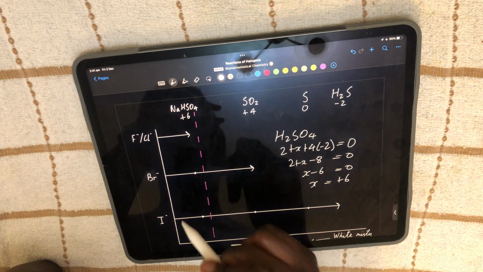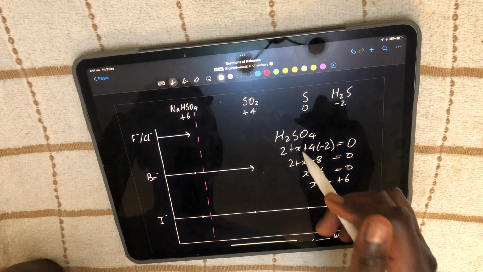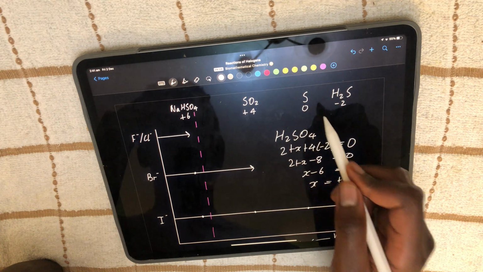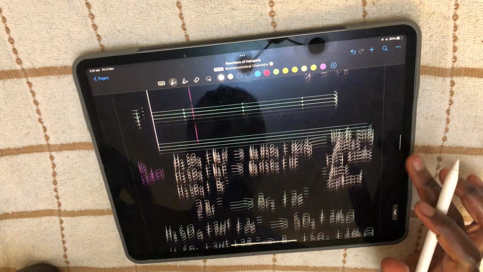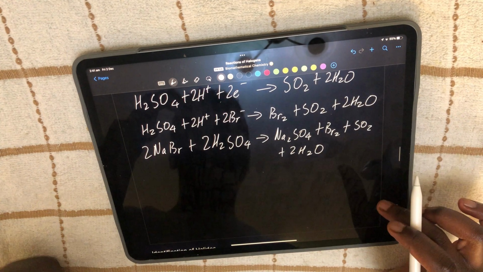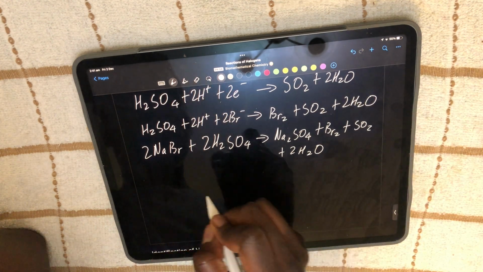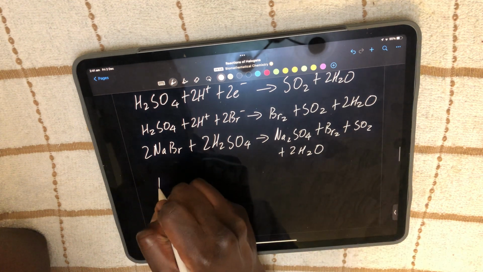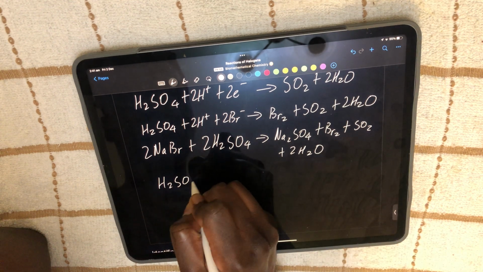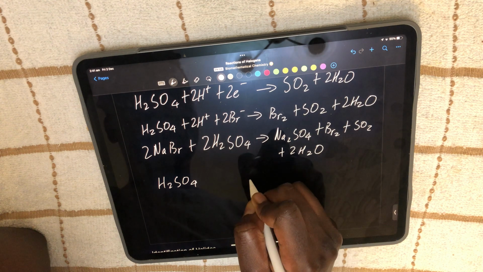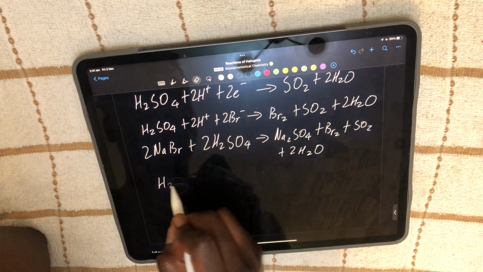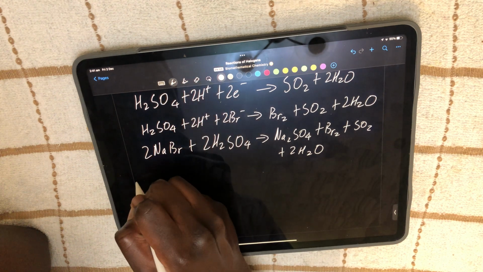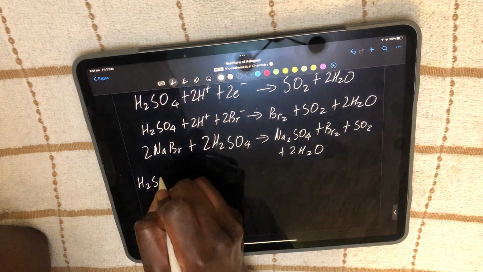Do the reaction between I minus and H2SO4 to form first sulfur and the other one H2S. Right, I'm going to assume that you've done that by now. So if I'm forming just sulfur, H2SO4, and I'm forming, I feel like I'm getting myself enough space when I do these things. H2SO4